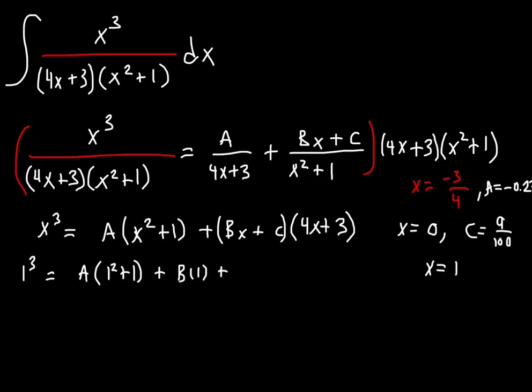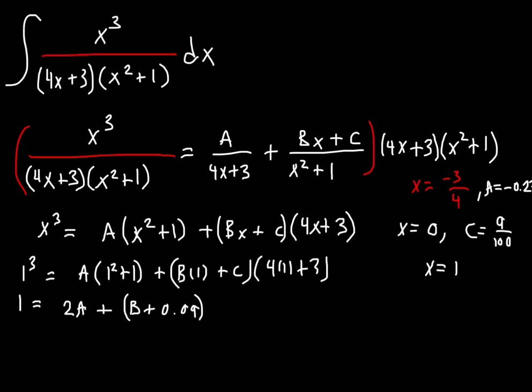B times 1 plus c times 4 times 1 plus 3. So 1 cubed is simply just 1. And this is just 2a because 1 plus 1 is 2 times a is 2a, plus b times 1 is just simply b, plus c is